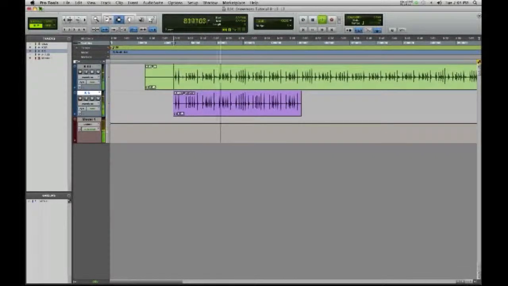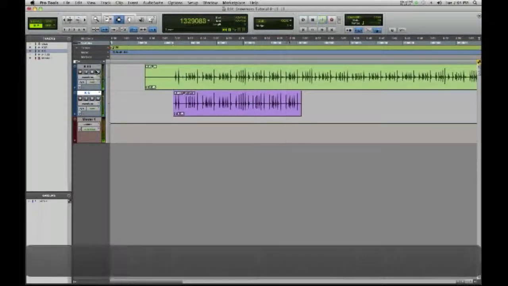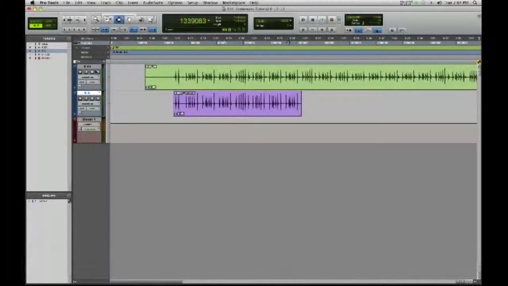Sounds great. Here's without our sample. It's the original. And here's with the sample. A lot more punch. Now, the other cool thing about using samples is that all that bleed you hear in